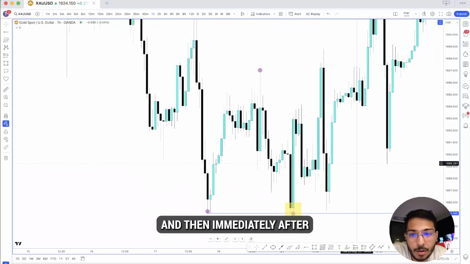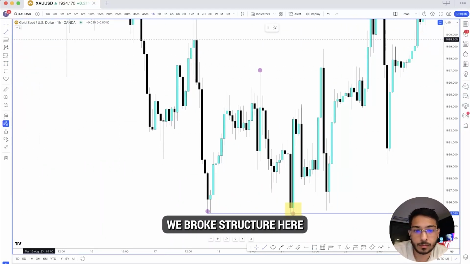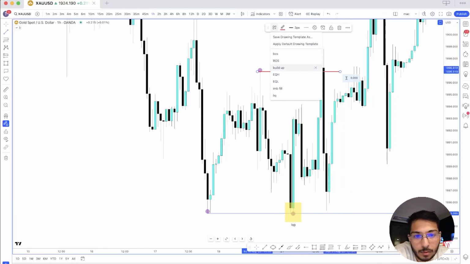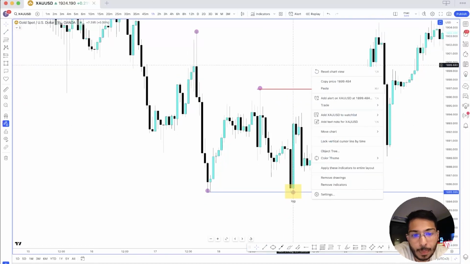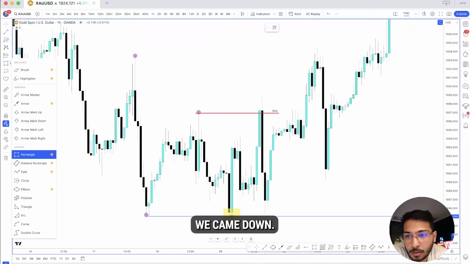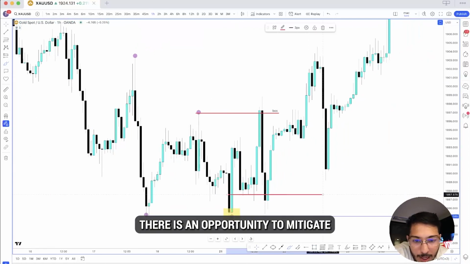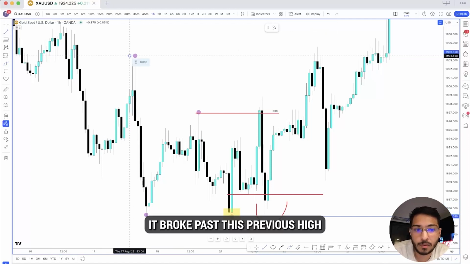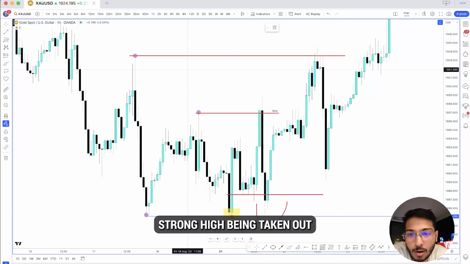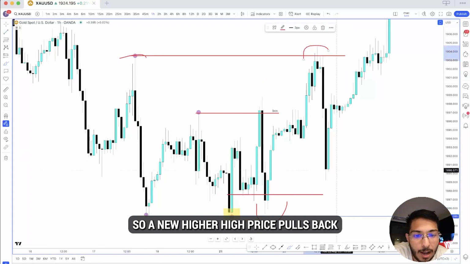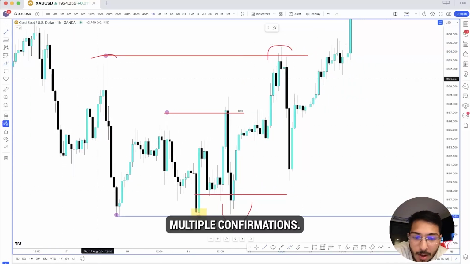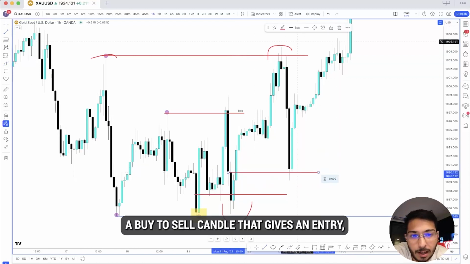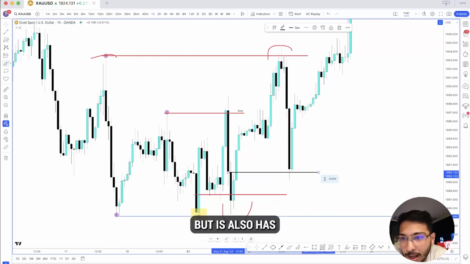And then immediately after, we broke structure here. We'll say break of structure there. We came down. There was an opportunity to mitigate, put in this new higher low. Price came up. It broke past this previous high. Another very strong high being taken out. So a new higher high. Price pulls back. Multiple confirmations. This is one of my favorite setups, when there's an institutional candle, a buy to sell candle that gives an entry, but it also has